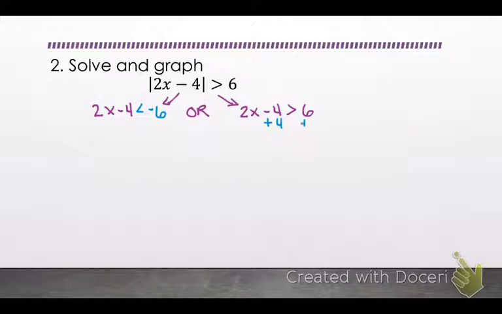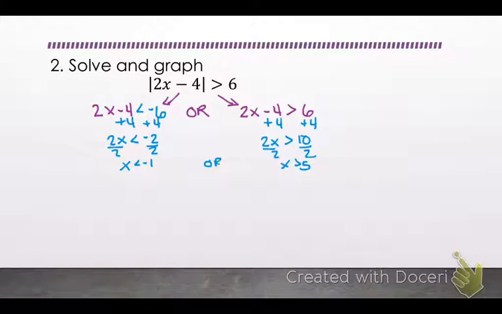I switch the direction of my inequality symbol and make it the opposite value. Now I need to solve both inequalities. This gives me 2x is greater than 10, divide by 2, and I get x is greater than 5. Over here, again, adding 4, 2x is less than -2, divide each side by 2, and I get x is less than -1. Here is my solution